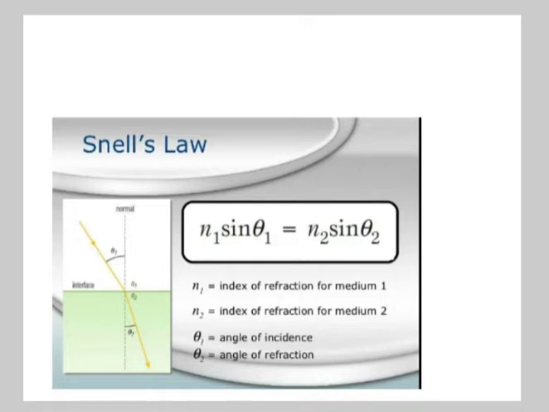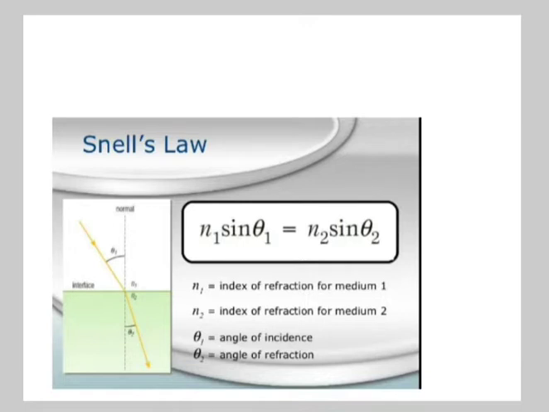By experiment, Snell discovered that a ray of light bends in a predictable manner when incident at an angle on a transparent medium, and the amount of bending is proportional to the angle of incidence and the optical density, that is the index of refraction, of the material. The angles of incidence and refraction are measured relative to the line normal to the surface of the material.